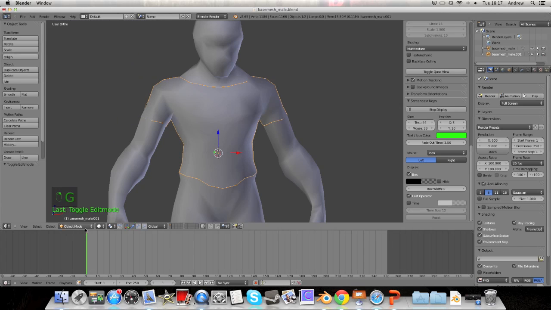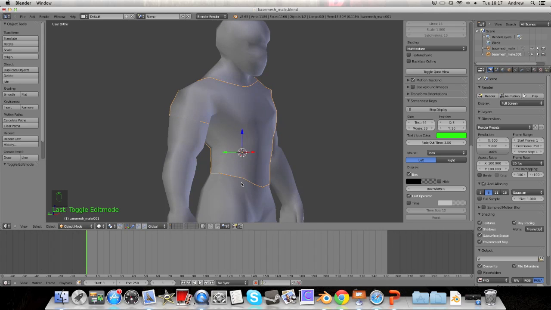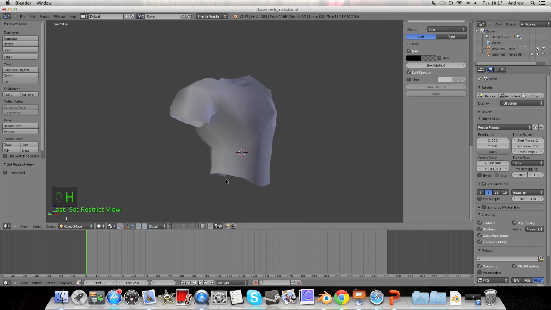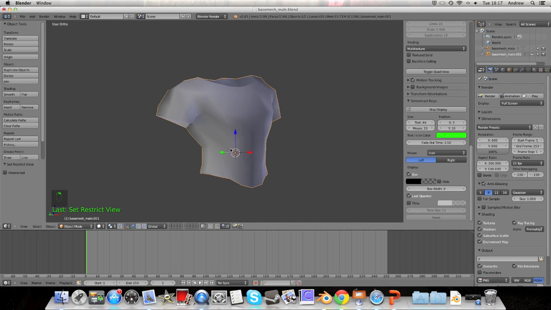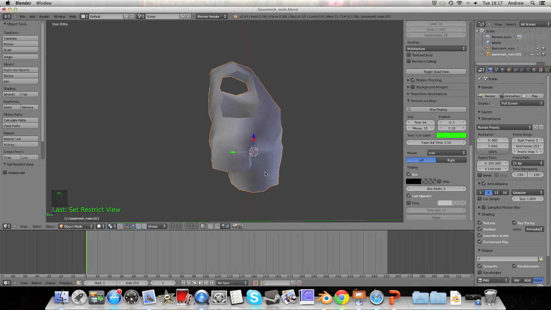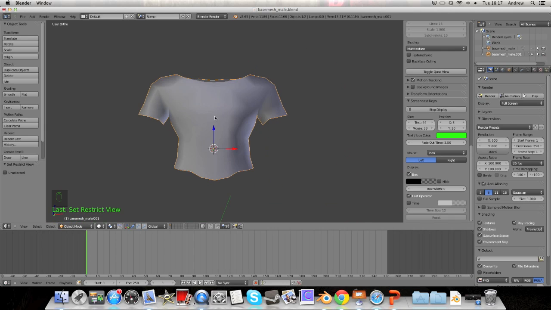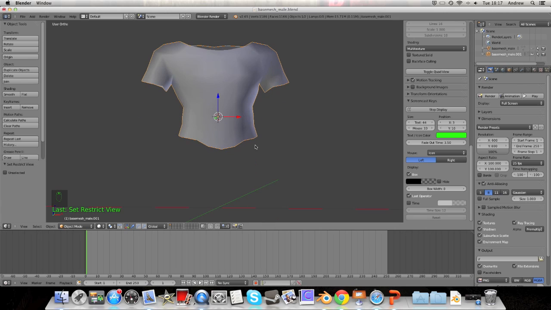And also we'll notice that the origin point, if I hide this body here by pressing H, not J, we can see that the origin point is roughly in the center as well. So that's why it was good to move it higher up, but that does mean that on the jeans the origin point is going to be high up as well. So we can edit this individually. I'm going to press Alt H just to bring that back,